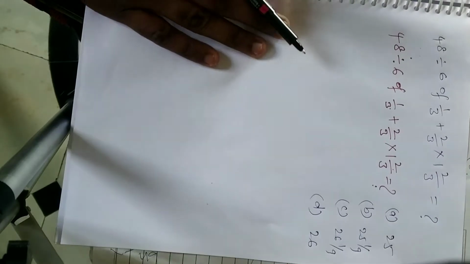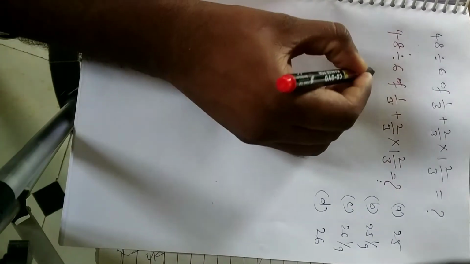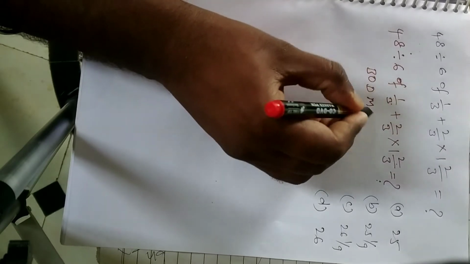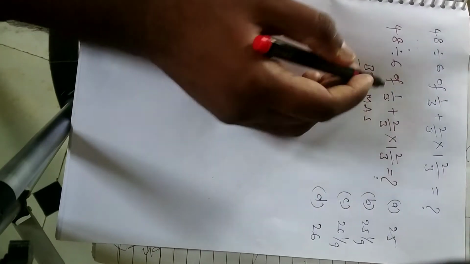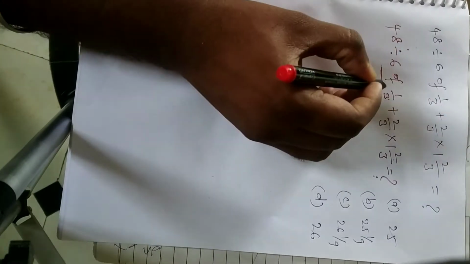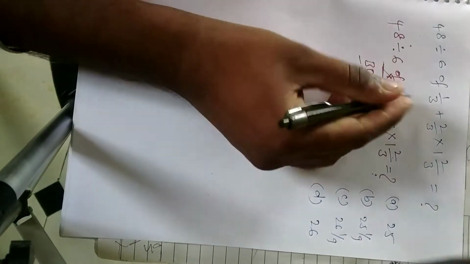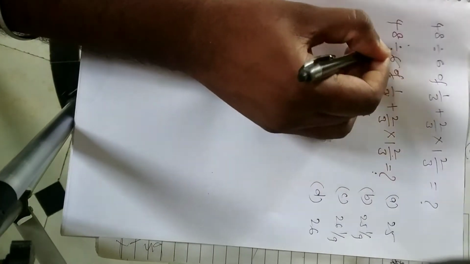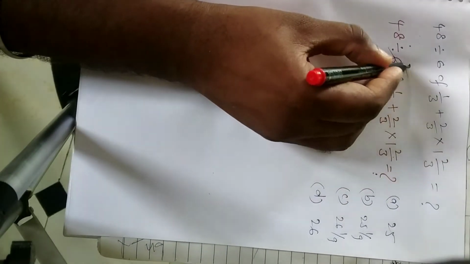Right, again back. So now we are going to solve. First, according to the BODMAS principle, first preference should be given to the brackets. We don't have any brackets. Off, O for off. Yes, we have off. So first preference should be given to the off. Now off is nothing but simply multiplying, right? So now 3 into 1, 3 2s are 6. I hope you understood.